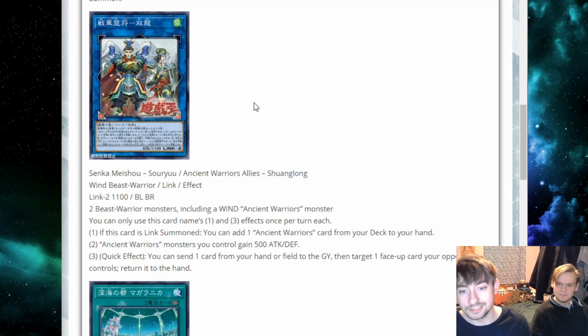And the third effect is just straight up disruption. You have a walking Compulsory Evacuation Device, and it just sends any card from hand or field to the graveyard as cost. Or not, no, it's not even cost. It's not, it is cost. It is cost. Okay, just bounce, just compulse anything. And that would work particularly well with like a pure deck because it's the Ancient Warrior